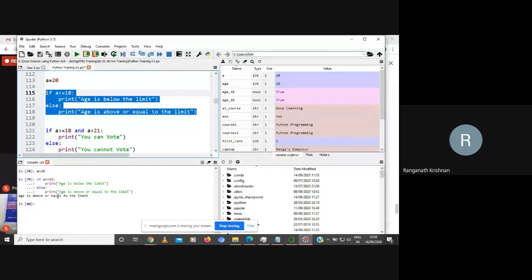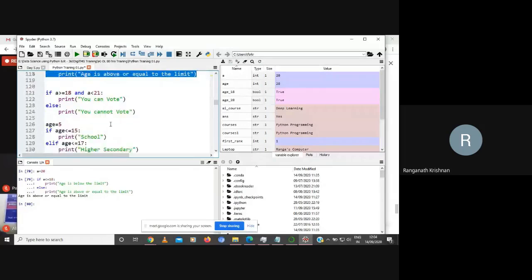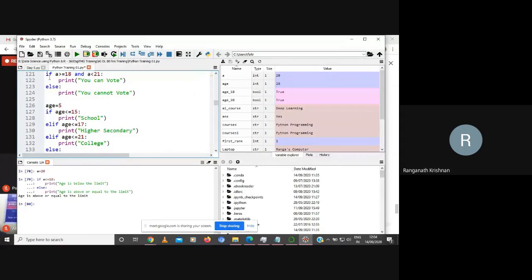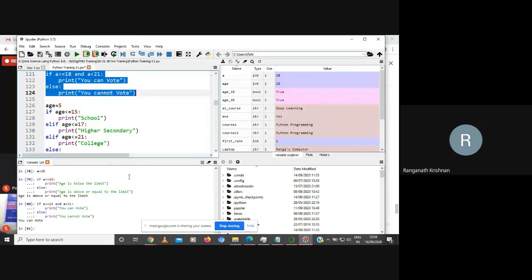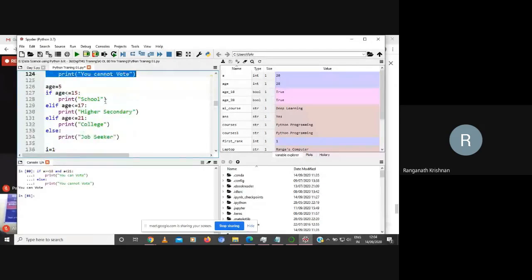It says age is above or equal to the limit. Then I can say if A is greater than 18 and A is less than 21, you can vote, or else you cannot vote. Since ours is a value between that, it says so. Now I'm assigning this. This is else if. Please note, you don't have to write else if; it is elif.